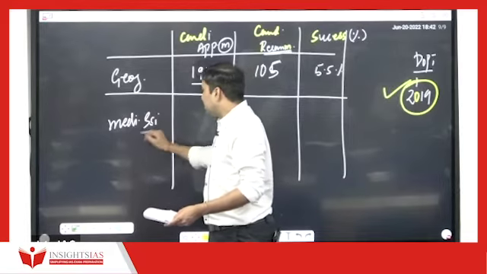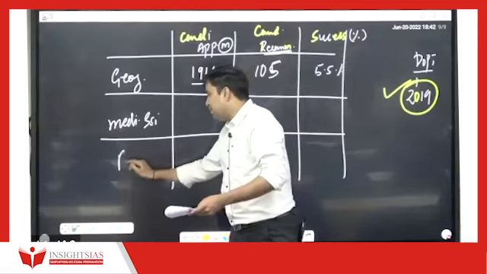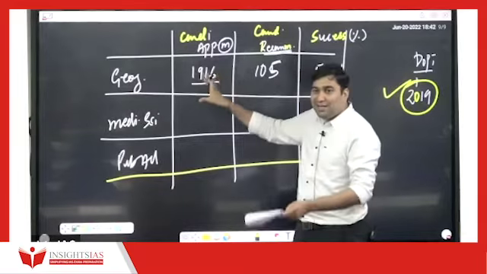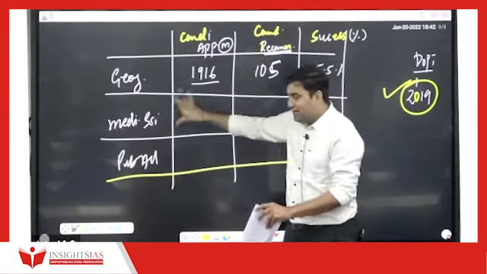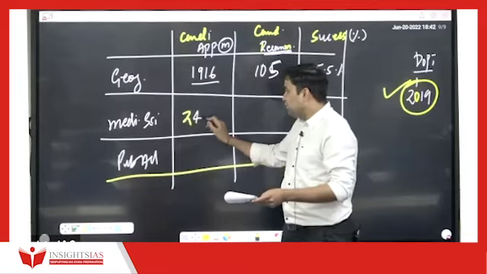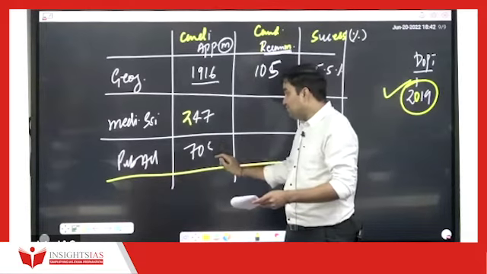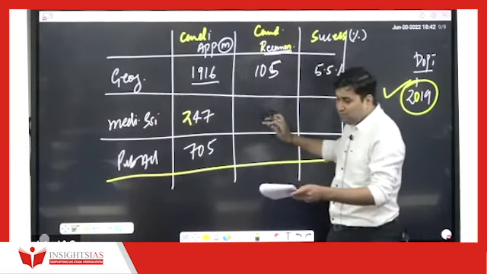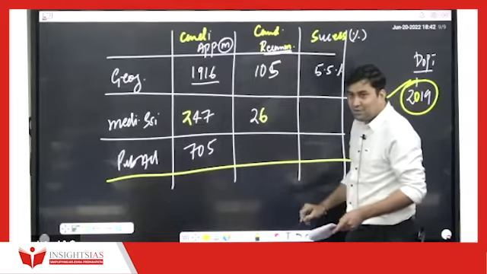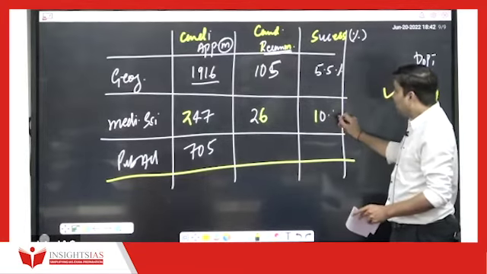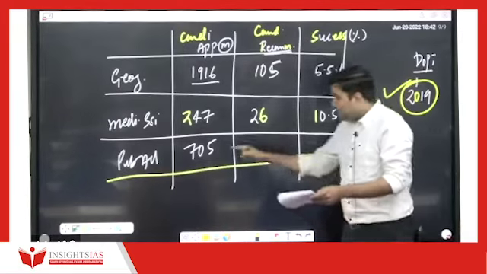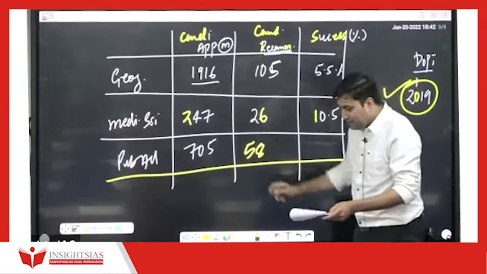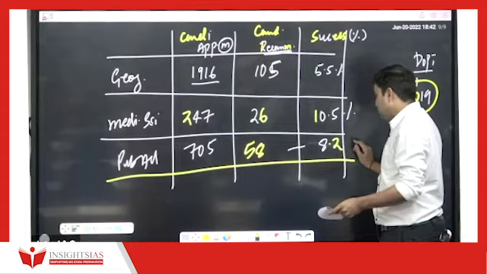Medical science ले लो, या फिर you can take PubAd. Through these optionals, the total number of people clearing prelims and appearing in the mains from medical science were, for example, only 247. यहाँ से there were 705, right? People clearing from medical science out of 247 were 26. तो इसका परसेंटेज कितना आता है पता है आपको? 10.5%. Out of 705, 58 students cleared from PubAd. इसका परसेंटेज आता है 8.2%.